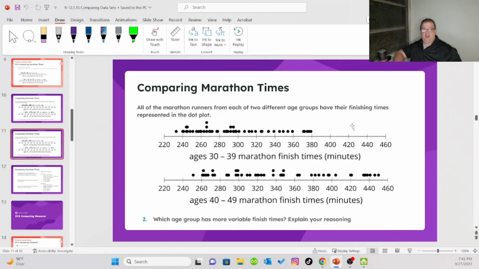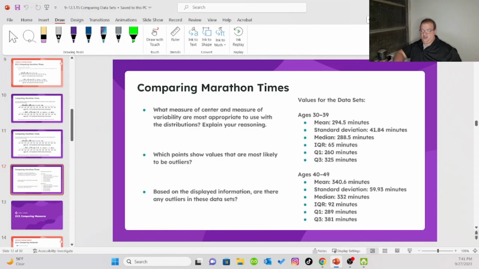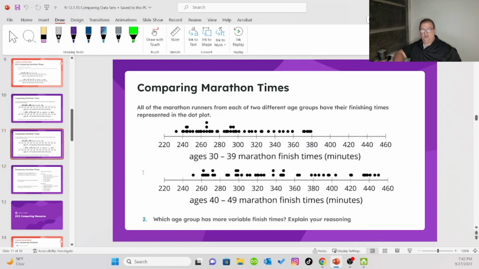425, I don't have any there. So we would not say there's any outliers in the 30 to 39-year-old range. Now if we look down here at the 40 to 49-year-olds, we've got an IQR of 92. If I take 1.5 times that, I'm adding 46. So that's 138. So if I had anything down around the 150 range, which I don't, so there's no outliers